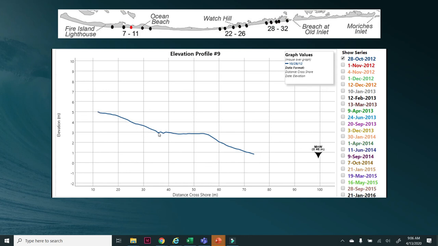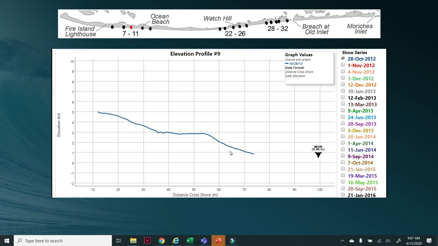So this is on the 28th of October, just a couple days before the storm that they took this. And you can see that we have a dune back here, and then we have a berm. This is typical for summer, that then goes down into the water. Depending on when they flew, they had to stop taking data here because probably there was too much water for them to know anything beyond this. So it might have been high tide when they flew. All right, so this is what it looked like in late October, and this is very typical for a summer